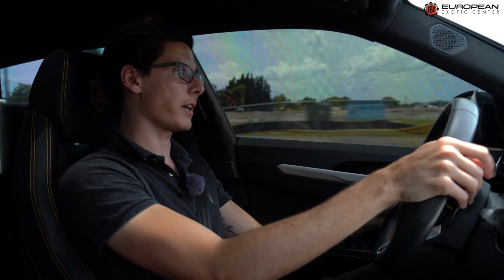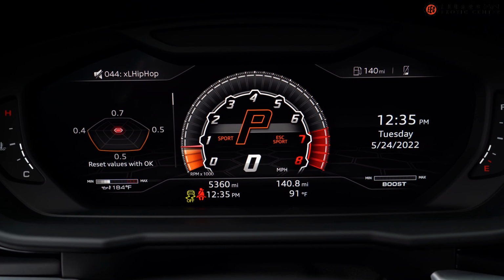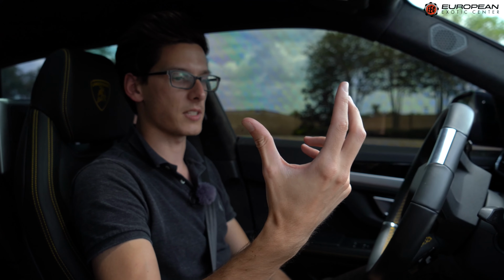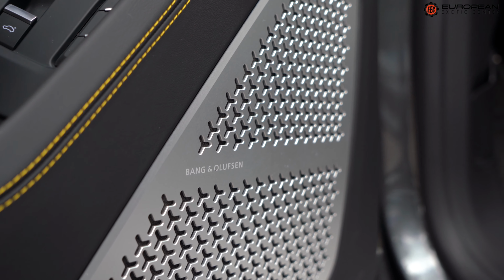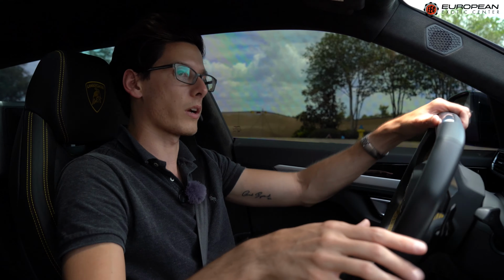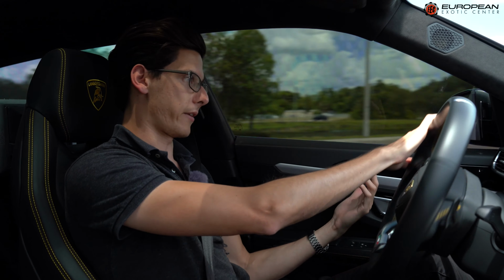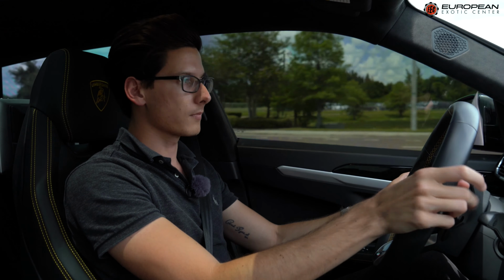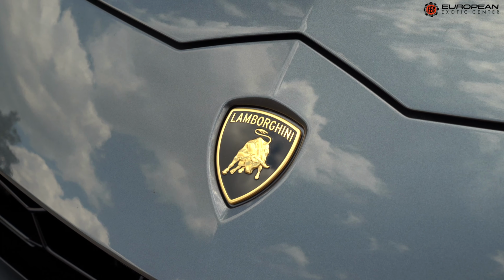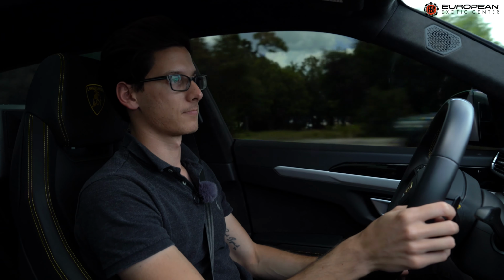In your heads-up display, also what I quite like is in different drive modes, the rev counter changes, becomes more aggressive, and it feels very nice in here. It's very spacious, I would say, very well laid out. A couple massive screens here, but they look good, they function well, everything works thanks to Audi. The AC seats feel great. Imagine back in the 90s telling the Italians, yeah, my Lamborghini's AC seats are great. I think they'd be like,